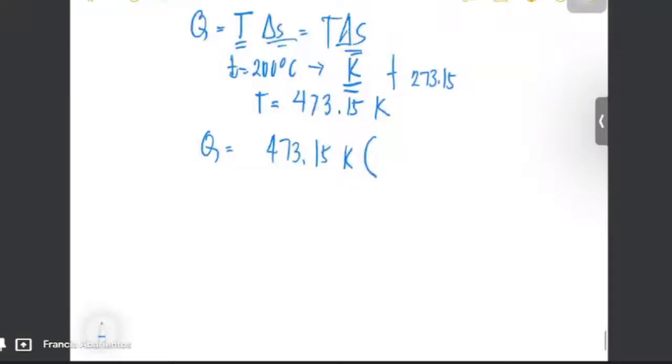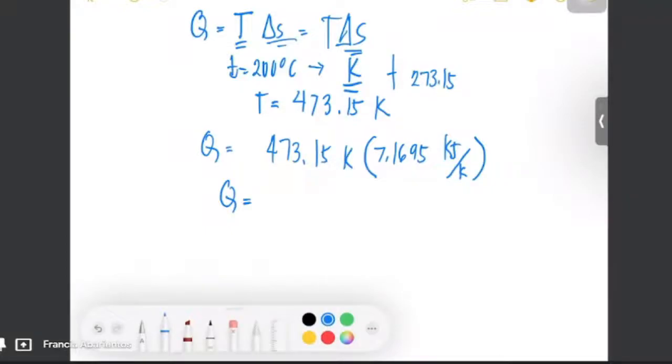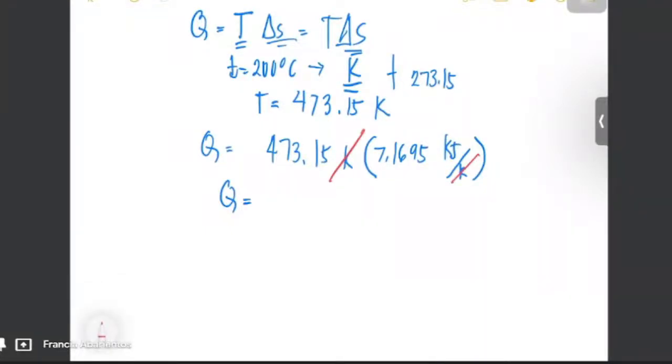7.169, 1695 kilojoule per Kelvin. Automatically, we have now the transferred heat in kilojoule. Maka-cancel si Kelvin natin. Okay? Answer. Bibilis, ha? Dahan-dahan yung class, ha? Okay, we have now